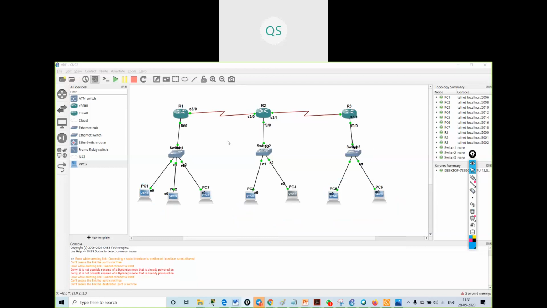So where we have to configure, on which router? See, if I configure over here on this interface, then what will be the issue? Sorry, what was the question? I didn't get the question.